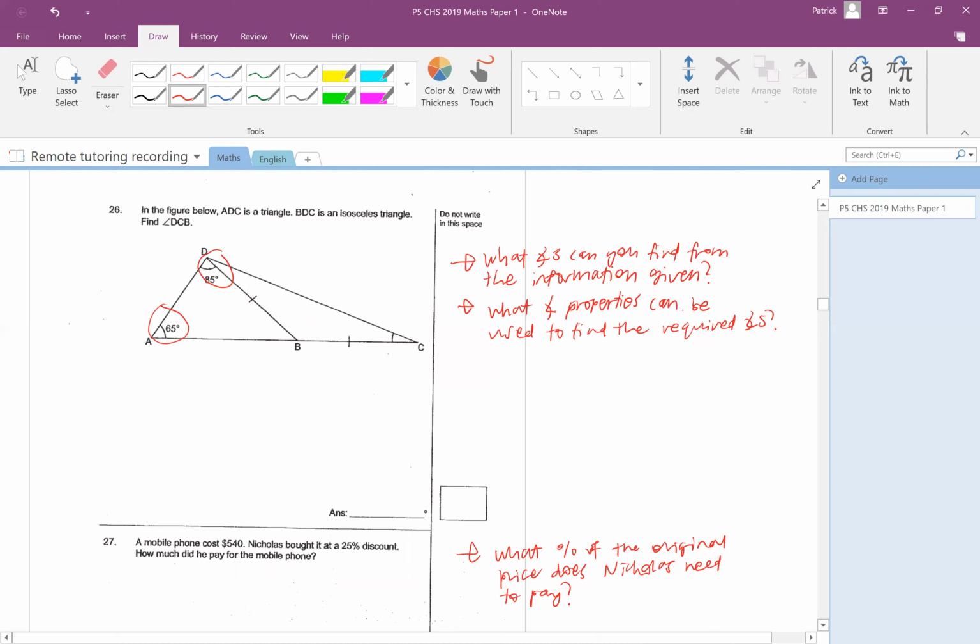Using the property of angle sum of triangle, you can find angle ABD, right? And from ABD, you can find this angle over here, which is DBC, because of the angle property, angles on a straight line. Then subsequently from here, you can find